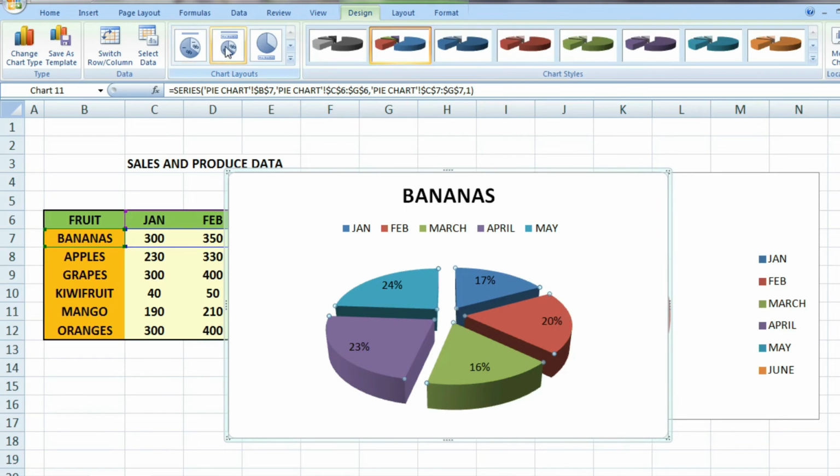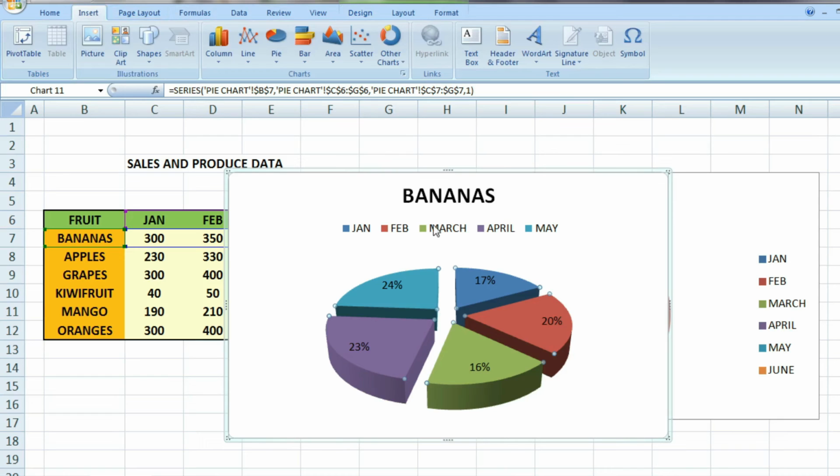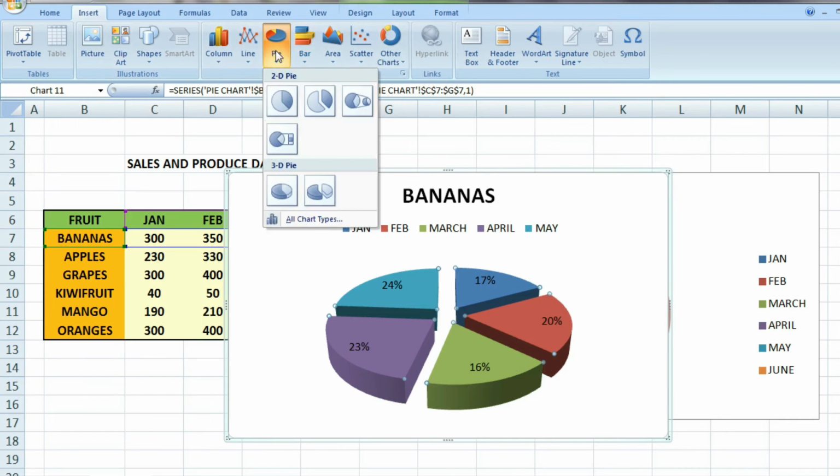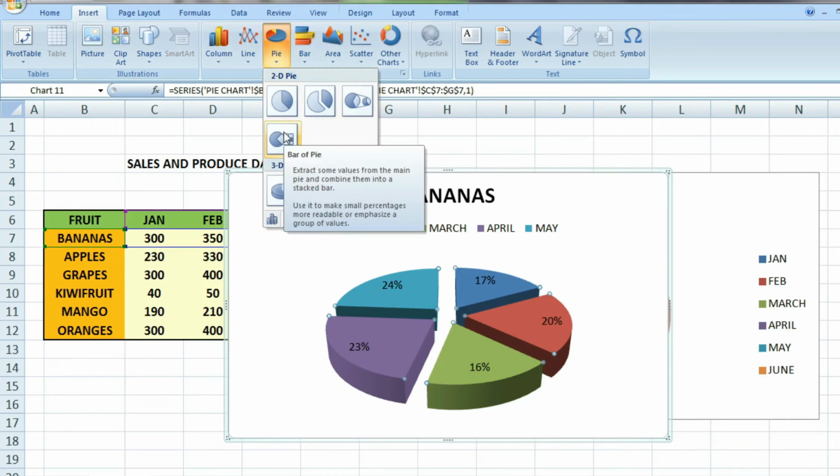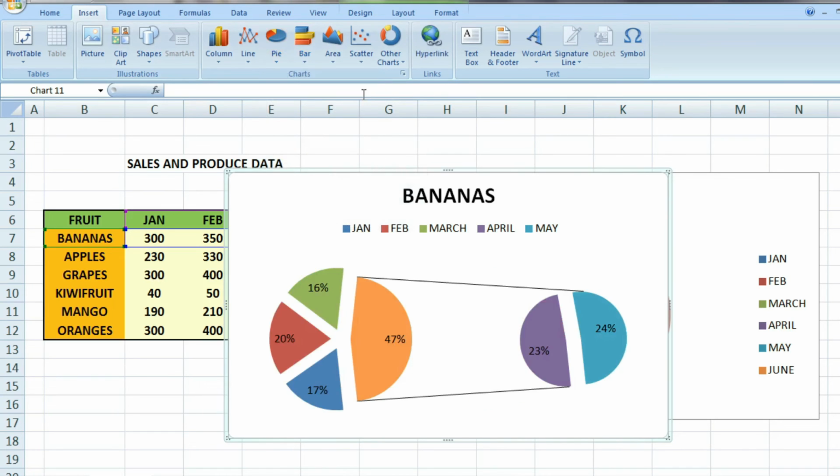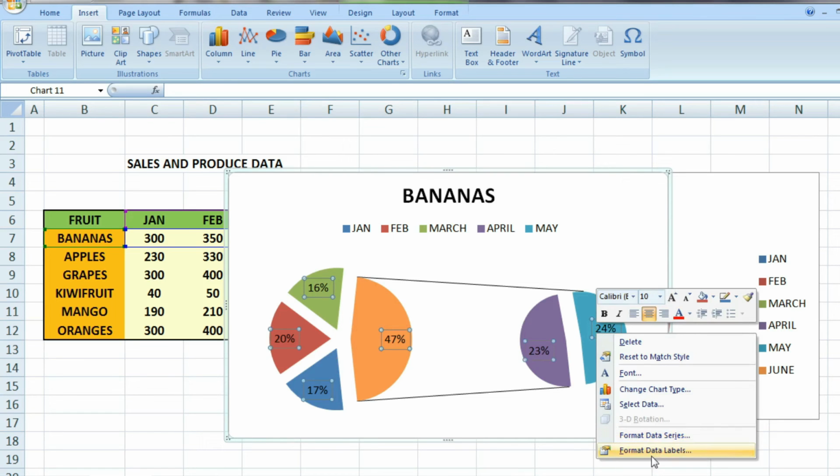Another pie chart is here: you can select pie of pie chart. This is the pie chart. See, here there are 4 values and here it is 2 values. Here you can select this one